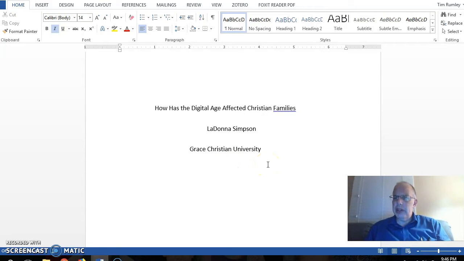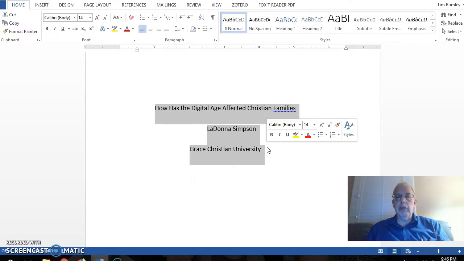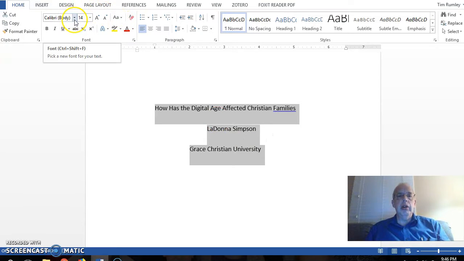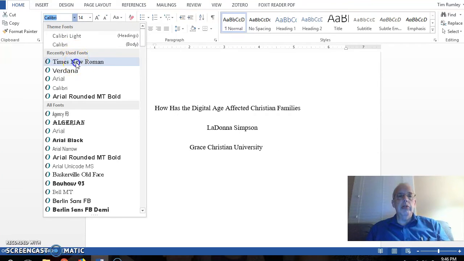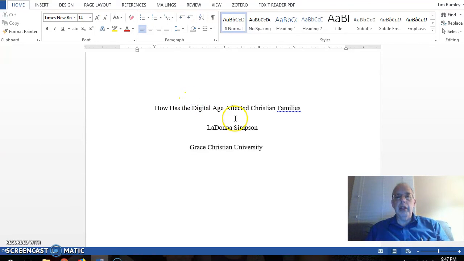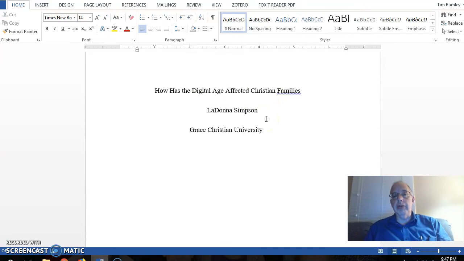I don't know if I put this in any of your papers, but APA actually specifies that you use Times New Roman or another serif font. And at Grace, we just say always Times New Roman. So you probably know this well enough, but I highlight the text there and I can go up here, or I could have used the little box that appeared when I highlighted it, do the pull down, do Times New Roman, and that's the kind of font we have to use. And use it